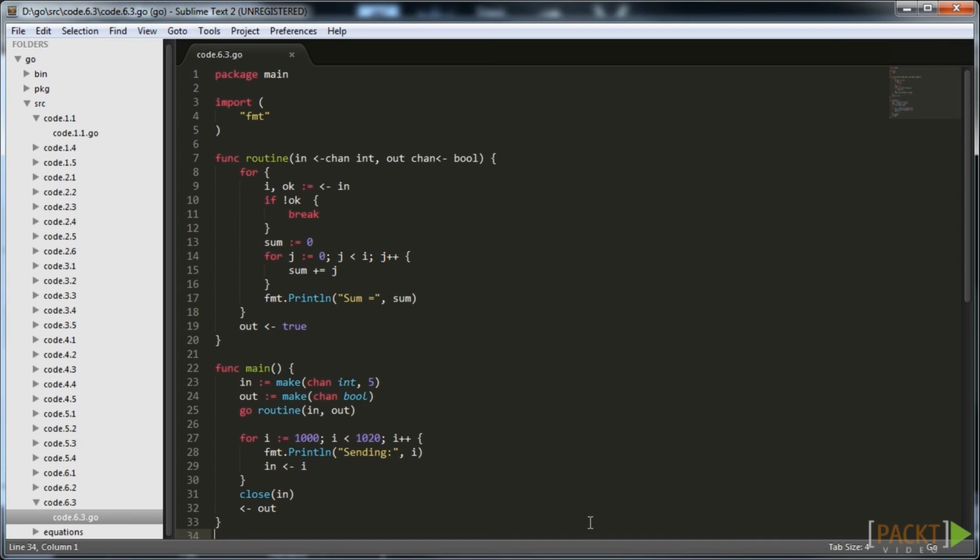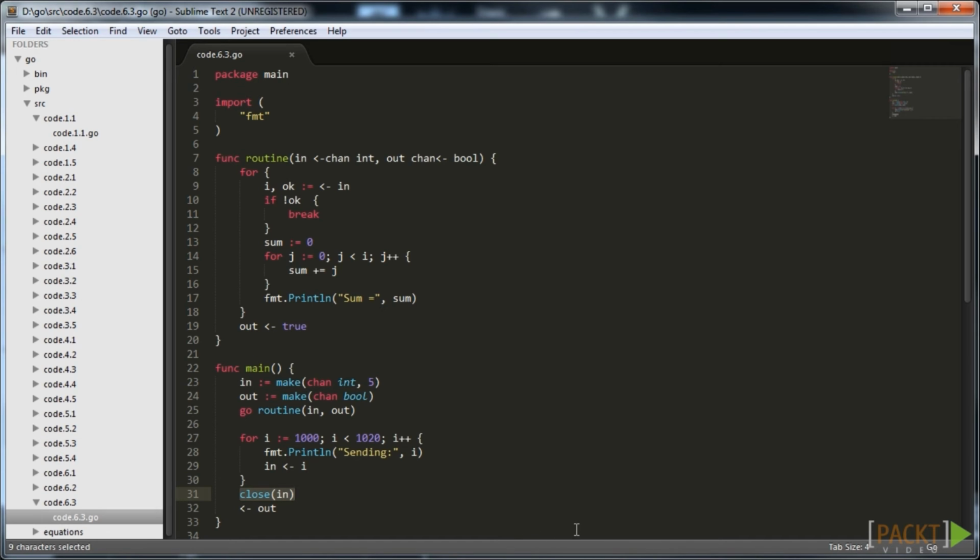Let's look at the screen to see the implemented queue, just to demonstrate the concept. Here our routine function starts at the beginning by reading from the in channel. It blocks until the recipient receives some data, as the channel is empty. Then, in the main goroutine, we send the data. When the channel fills, the sending operation blocks and the switch to the goroutine is performed, and sums begin to be calculated on received values. Also, note the OK notation when receiving data from a channel, and the close function at the end